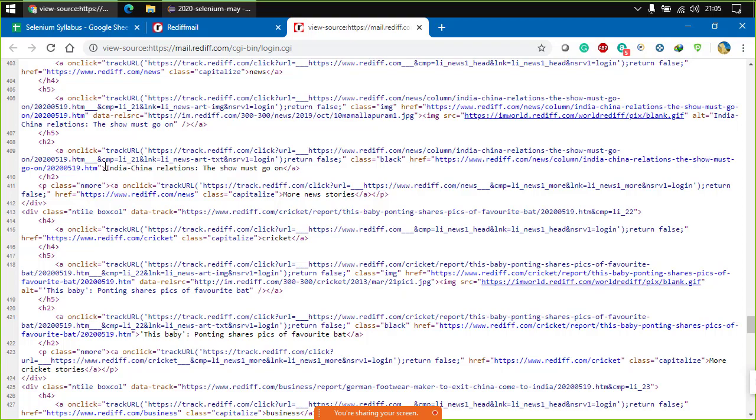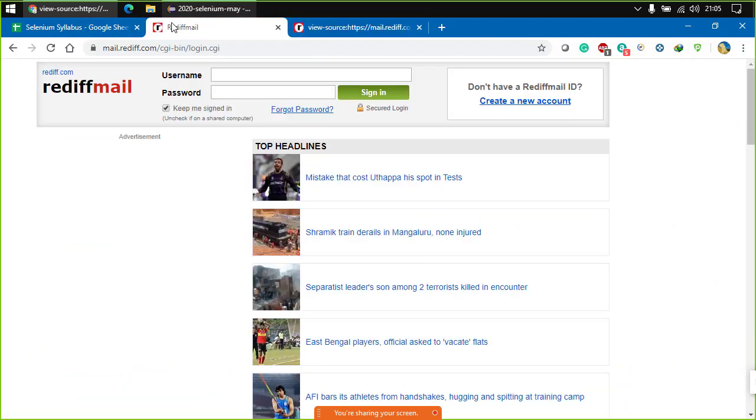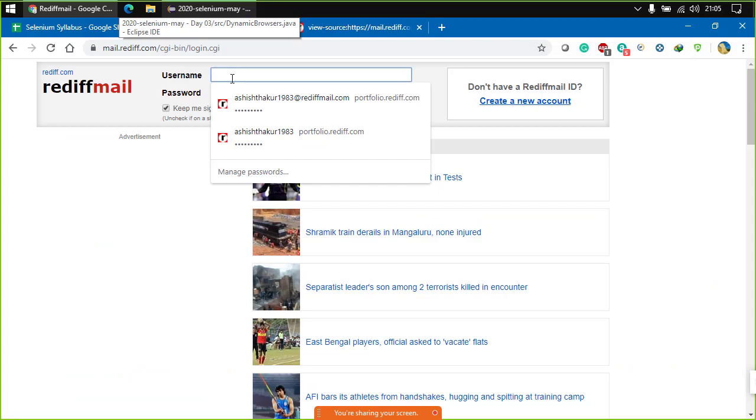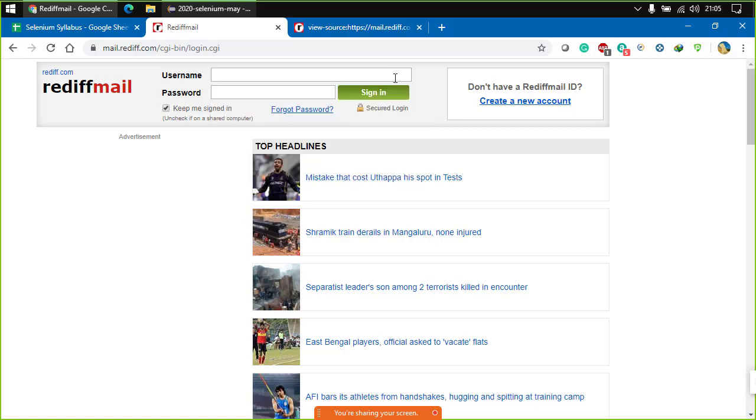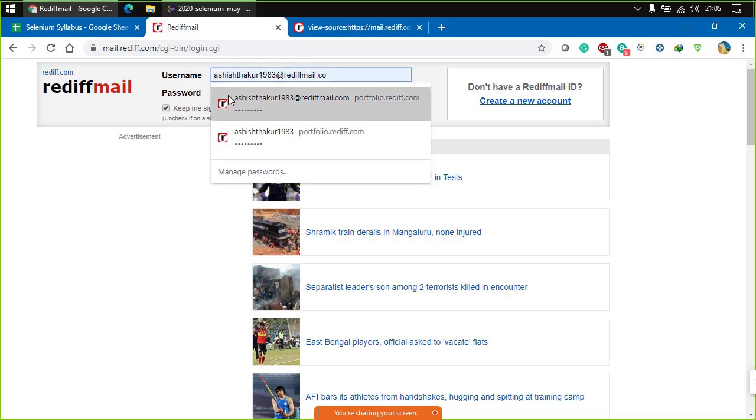Now how can we understand this stuff? For example, I would like to have access to this. I would want to deal with this particular text box. So how would I be able to do that?